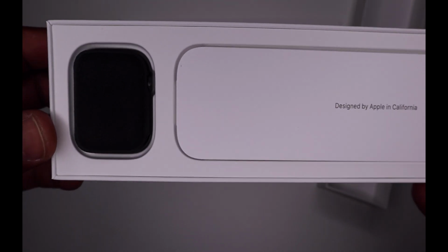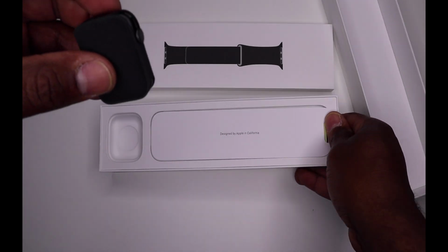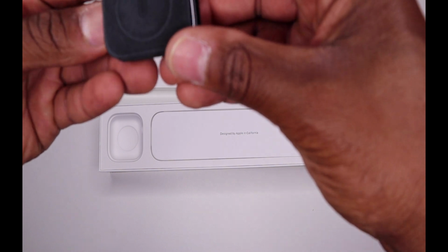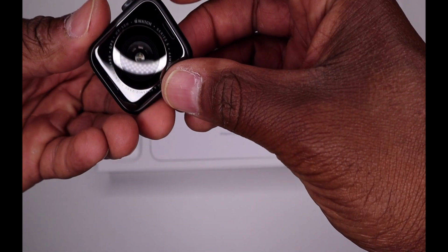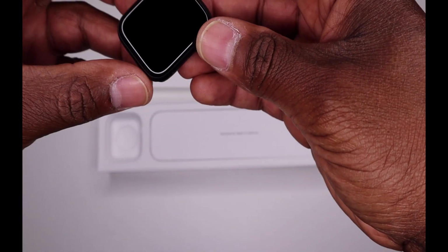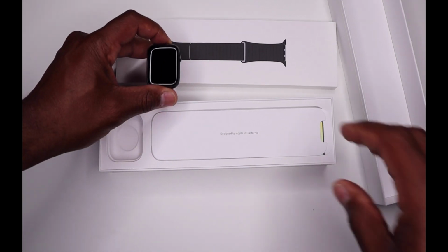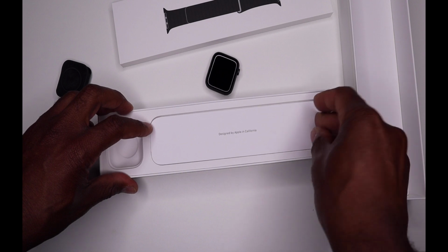And there's my Apple Watch here in this nice little cool pouch. This little deal here, look at this. This is pretty freaking neat. Oh man, this is nice. I don't really remember what my Series 2 feels like, but there is the Apple Watch here. Let me put that so you guys can see it in the frame. So there's that. And then of course, inside the box,